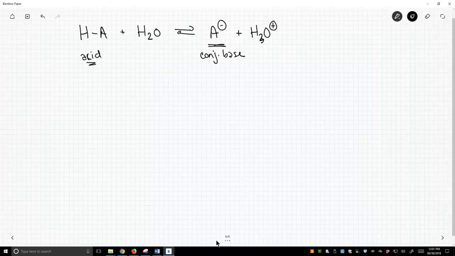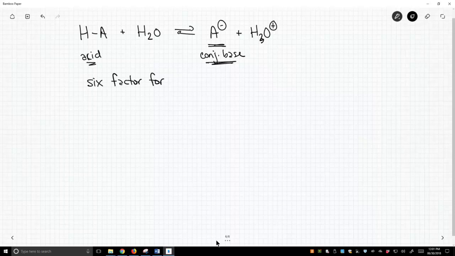And we'll focus on the conjugate base because it has a negative charge and we need to be able to evaluate whether that charge is stable or unstable. We have never mentioned how do you decide whether a negative charge is stable or unstable. Well, as it turns out, there are 6 factors